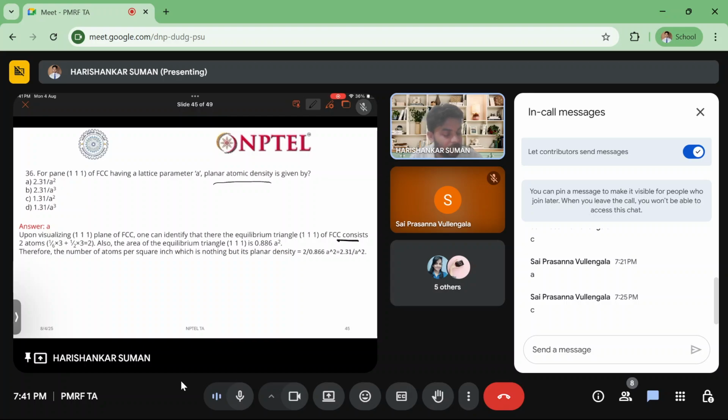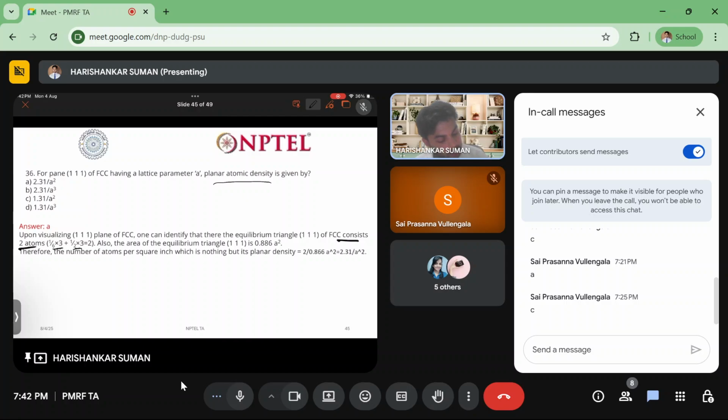We know in FCC the 111 plane contains two atoms: 1/6 for the three atoms at the corners, shared, and 1/2 of the 3. So this ultimately gives 2. 1/6 contribution is from the others. This is 3,